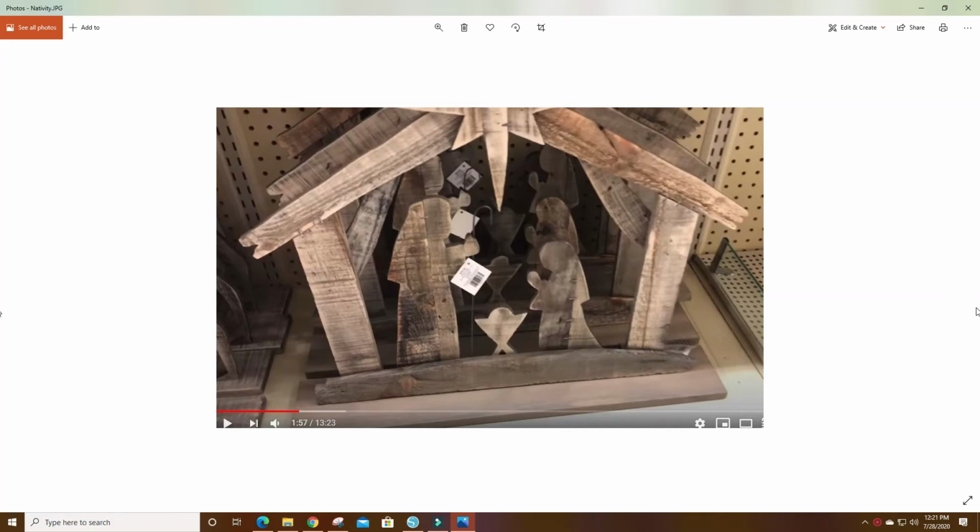For this project, I want to make this. This is a piece that they have at Hobby Lobby. Somebody was showing the new Christmas stuff they had at Hobby Lobby, and that caught my eye, and I wanted to make one. So I used some wood from a pallet that I had outside, and I used my